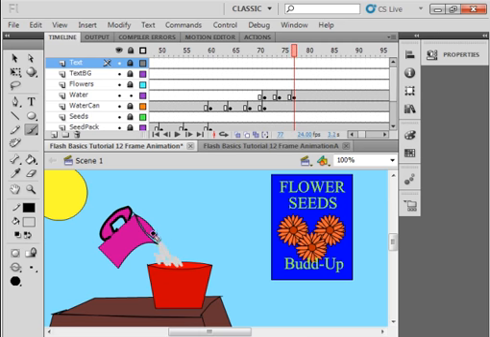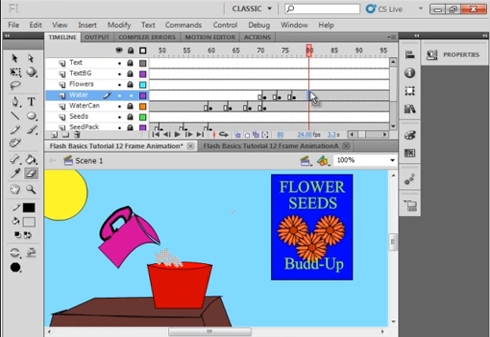Now at this point in time, take your eraser and erase some of this. You're only going to erase the water because everything else is locked. Insert another frame. Erase a little bit more. At the same time now, our water can line, so lock the water, unlock the water can, insert a keyframe here,